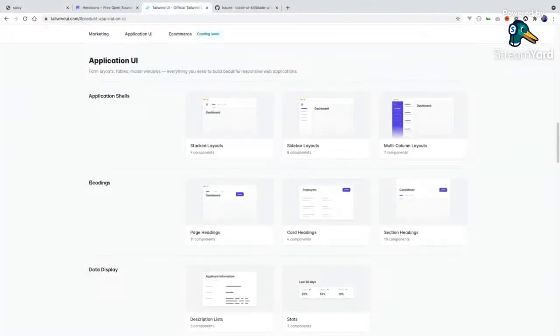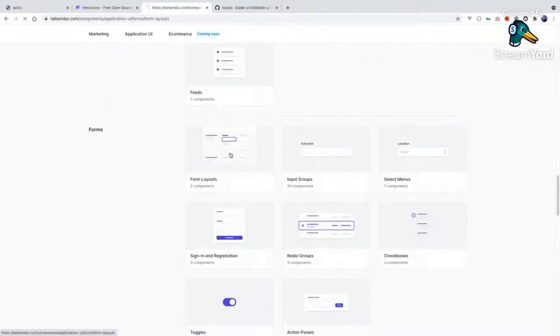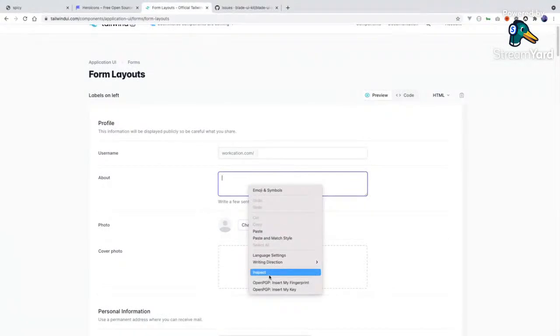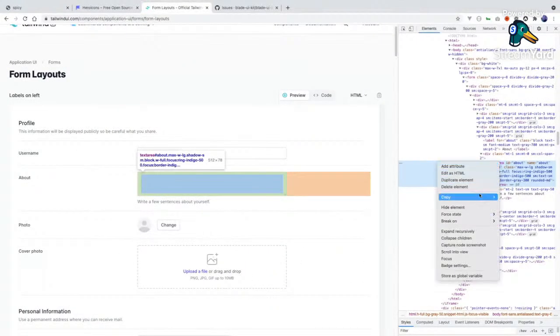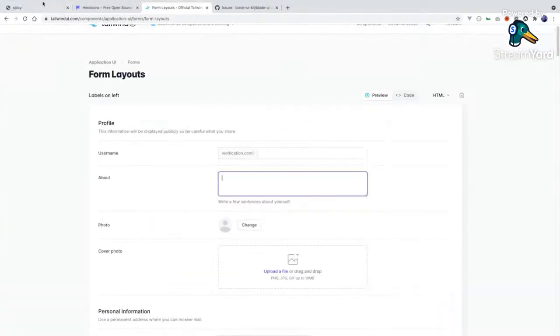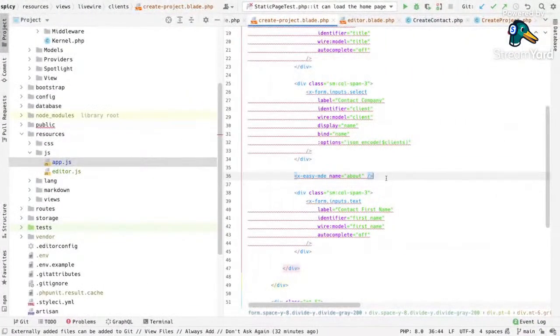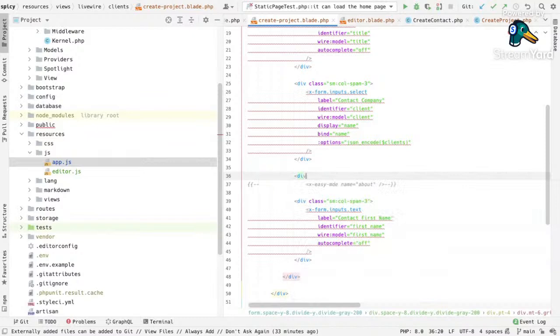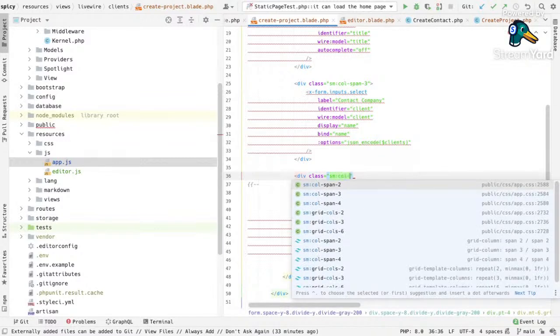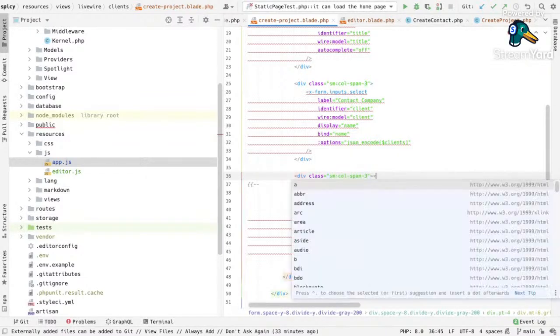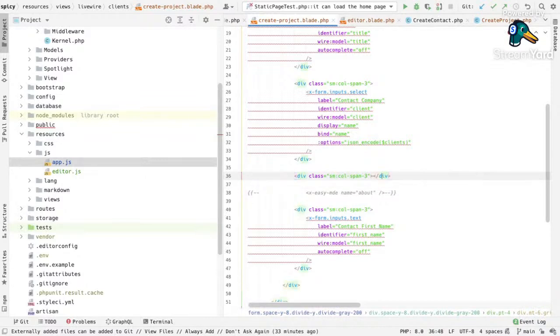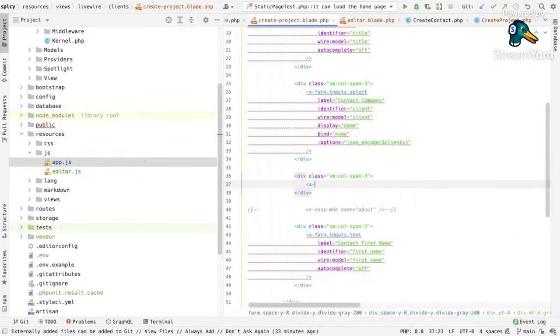So how about we just go to Tailwind UI and we just grab a text area for now, as it sounds like it's going to be a bit of a pain. So let's just copy that element quickly. We use a text area for now, and we'll come back to this. We're going to have a div class and within there we're going to have an X form inputs text area,